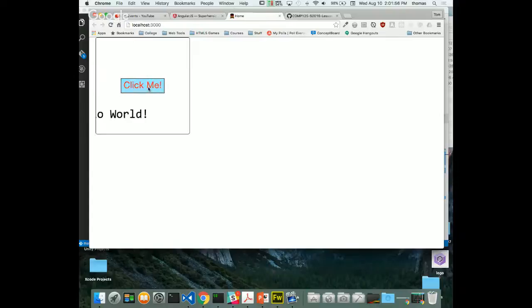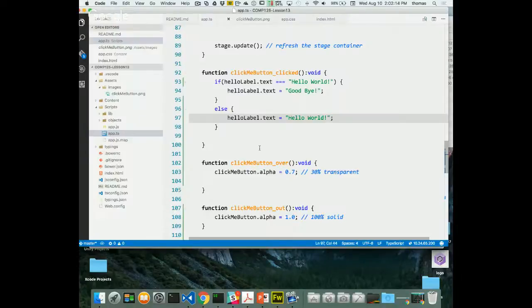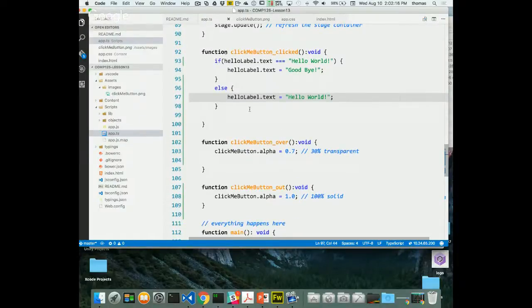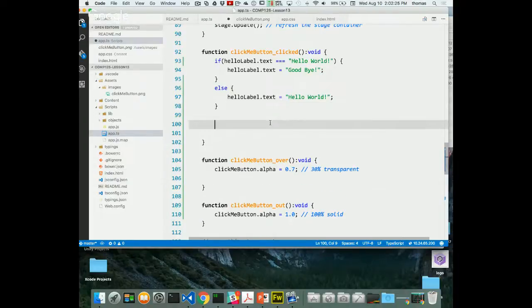So I click onto it, goodbye, click onto it again, hello. Click onto it again, goodbye, and then hello. And every time I click onto it, I can make it go back and forth, right? So it doesn't matter how many times I click onto it with that little if statement, okay? To write this nicer, like I said to you before, instead of all these lines, there's 1, 2, 3, 4, 5, 6 lines. I can change this back into one line, and the way I would write that is this: